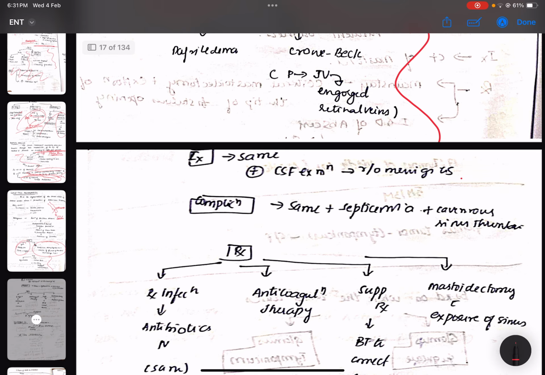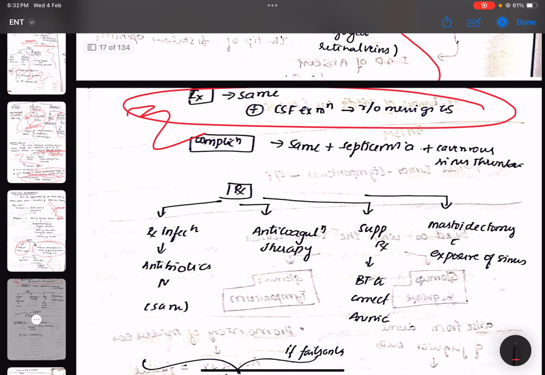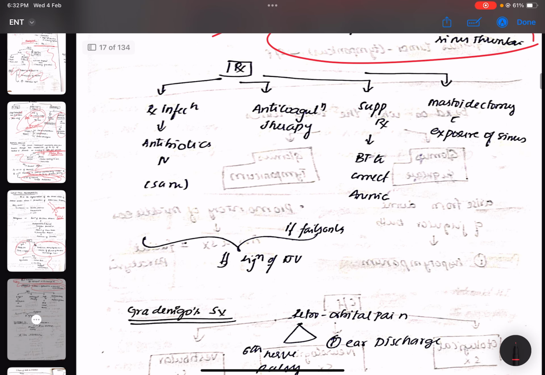Again, investigation. Obviously, since it's communicating posteriorly, the major thing is you have to rule out meningitis. So this is the main aim of your investigation. And again, these are the complications. Again, treatment: one thing you have to mention is you also have to